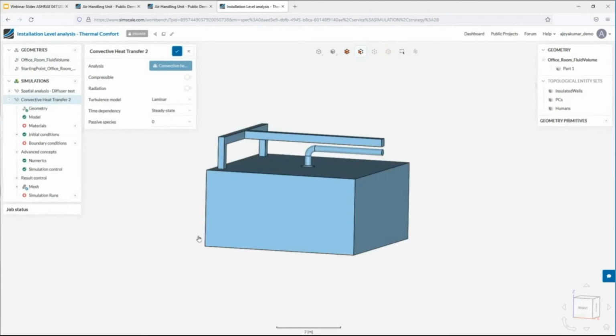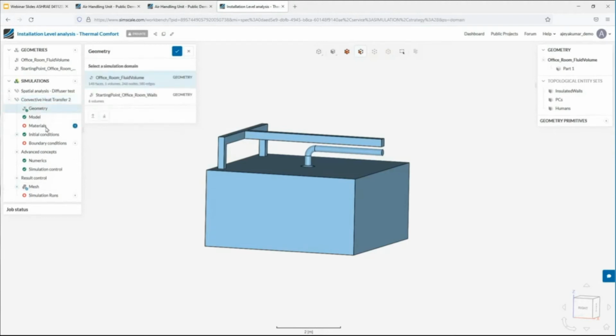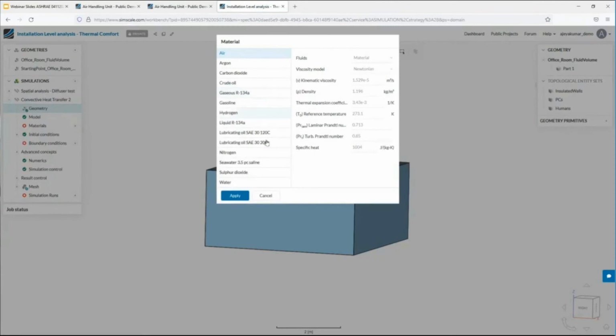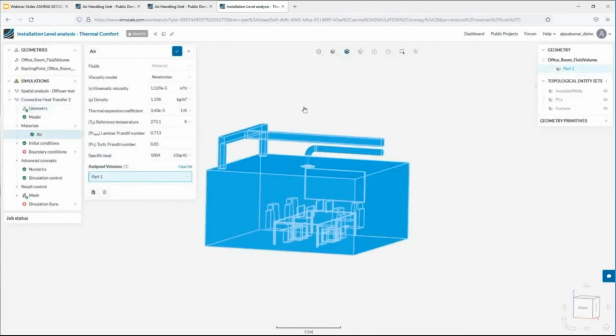When you click on the Create Simulation button, you can already see a simulation tree on the left-hand side. So from this point on, it's a simple top-down approach where you need to give the inputs for the simulation and then start the simulation. For example, it's going to be really simple. You have the geometry selected, and now you apply the material or the fluid that you want to use. In our case, we use air for the fluid domain,